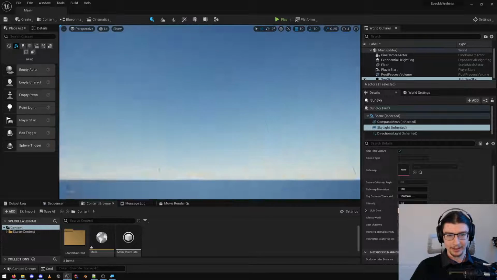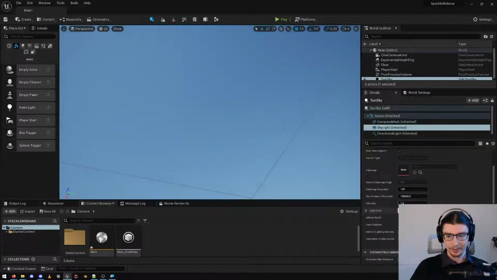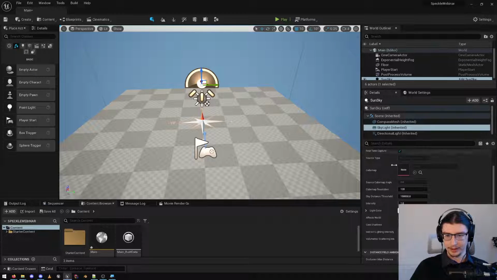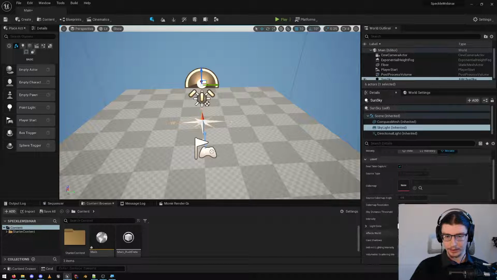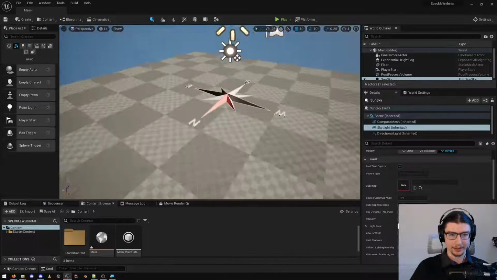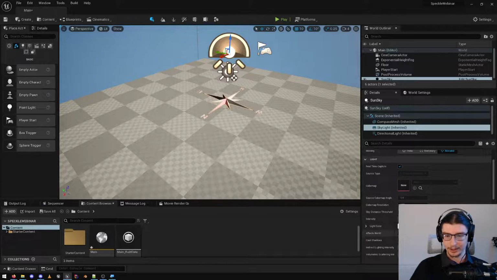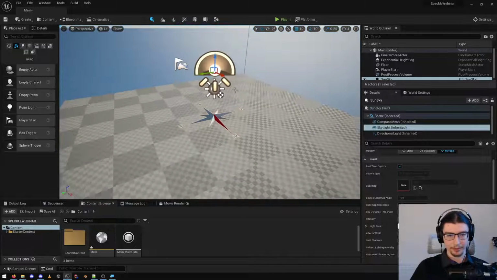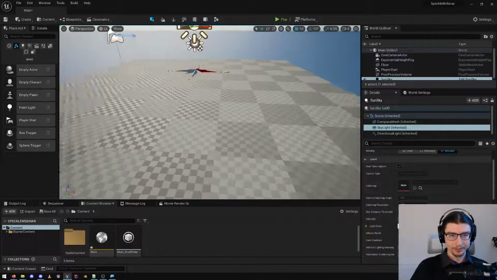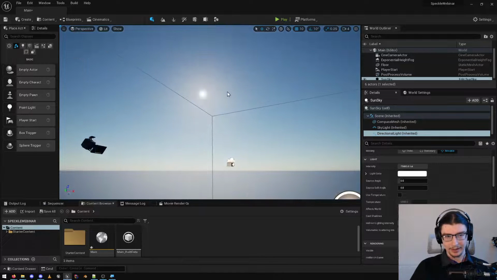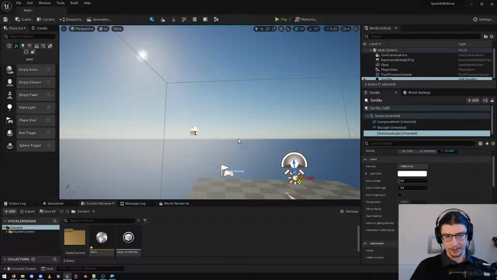So the skylight is emulating the blue light that would come from the sky. That's a very subtle tint. I can turn that on and off here. It's a very subtle tint, but without it, our sun is very harsh, and from a single angle we would get some very harsh shadows. So this emulates the light that we would be reflecting off the sky and through the blue sky. Our directional light is emulating the actual directional light from the sun, and